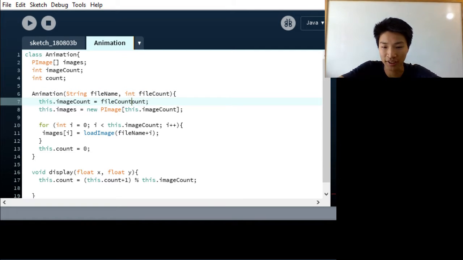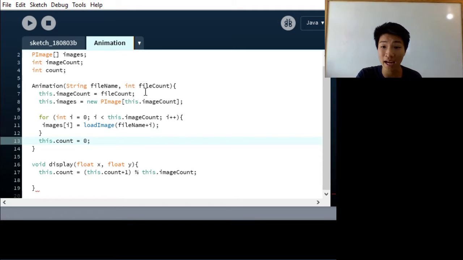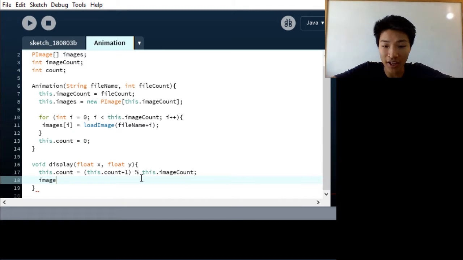Basically, I want to differentiate these variables. Those are the only times it's used. Count is completely separate, and this version of count I'm saying which frame it's at right now. The count I was using earlier, or the file count, is how many total files or images there are inside of our animation. Now all we have to do is say images of count